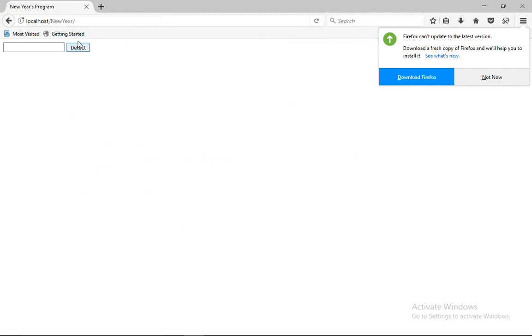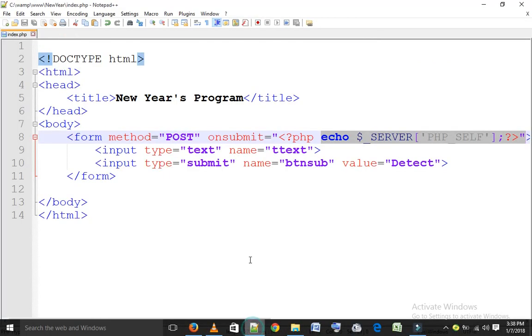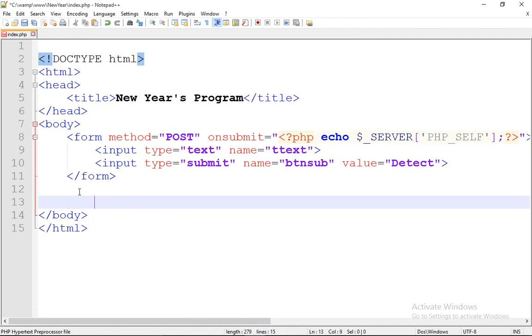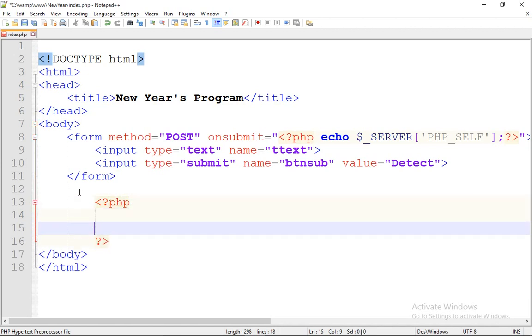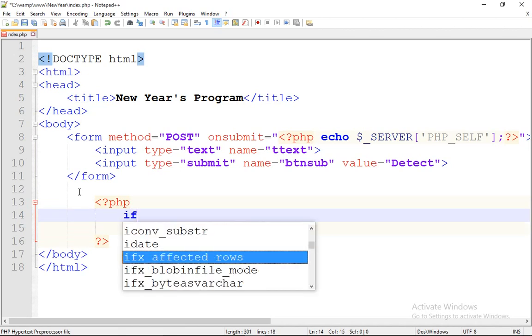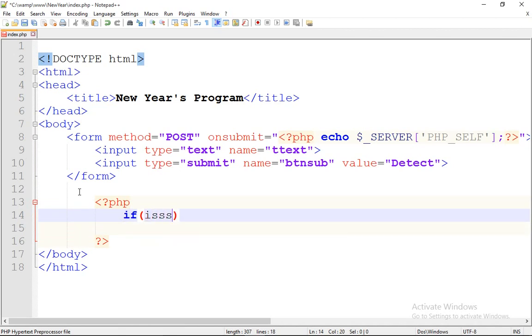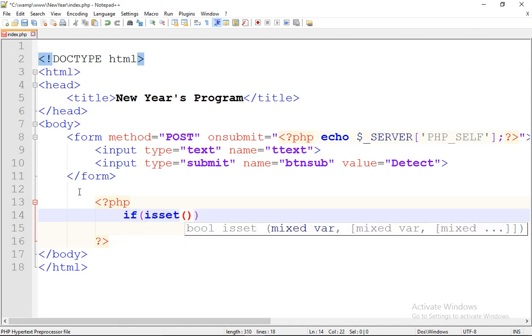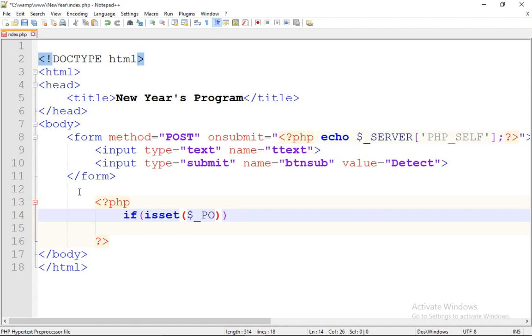So let us write some code. In case someone clicks this, what should the program do? So down here in the PHP code, you say PHP, in the PHP tag we say if isset, meaning if someone clicks the button, it should do this. What should it do? Now if someone clicks the button,